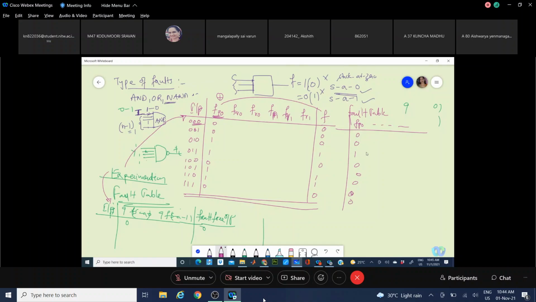So it indicates in this fault table that there is a fault on line P. The type of fault is stuck at 0 only for one input, that is 2. For input 2 only this is failure. For other inputs, this line is working properly.